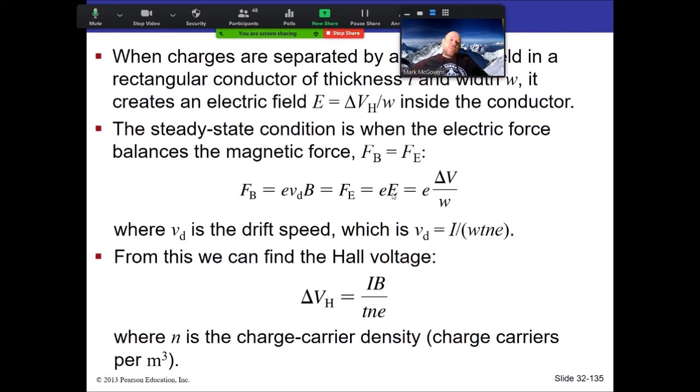We can express that electric field the way you would for a standard capacitor, the potential difference divided by w. w is the width of that conducting piece of material there. We have previously developed an expression for drift velocity that incorporates current, and that's given down here. Now the w times t represents the area of the conducting material, and so that's your area. n here is your